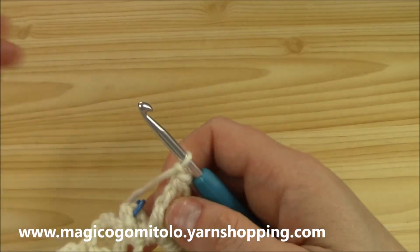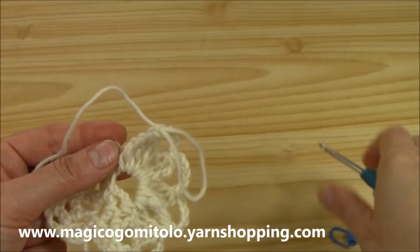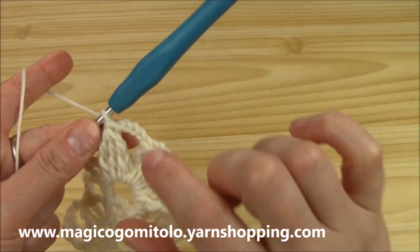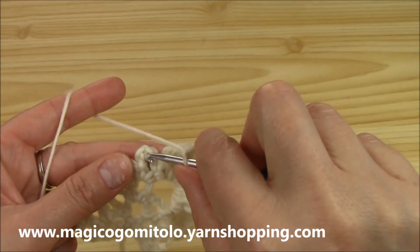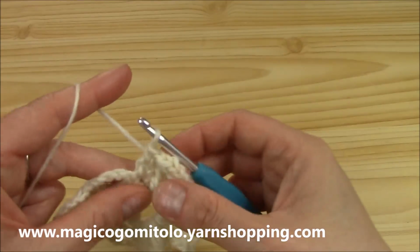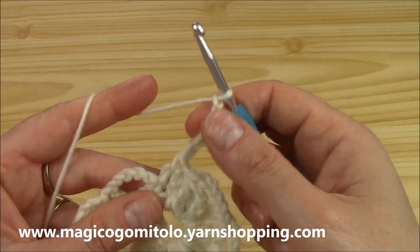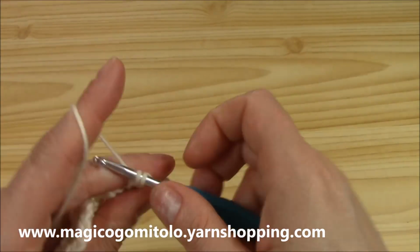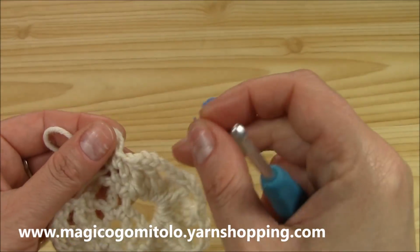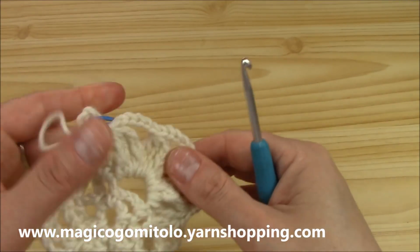Okay, now we are here into the center, on the center line, and into this first row. This is the first row, let's say, of the 4 rows to repeat. Okay, we just insert hook in the middle with single crochet. It's very important, the middle line, the central line. We chain 5, we insert hook into the same chain 5 space and single crochet. So this is what we have to work always when we work this row,